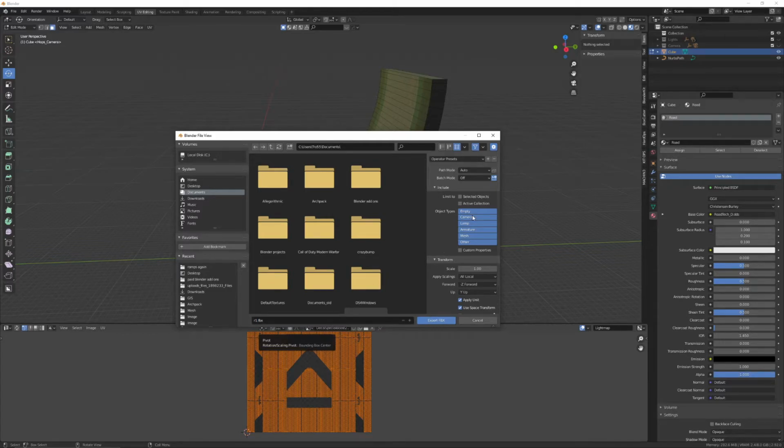Okay. And over here in these settings, you could turn a bunch of these off. So imagine you had 10 objects in the scene and you just want to export the one object in the scene. You'd have this highlighted, so selected objects only. So you just have this one ramp selected when you exported it, and it would only export that. In this case, I don't really need that. And if you had cameras and other things in the scene that you don't want it to pick up, then just have it on mesh and it'll only take the mesh. Okay. So if I export that,